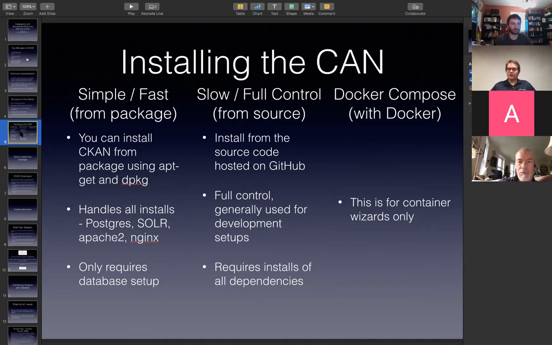And that's generally used for development setups. So when you're using something in development and not necessarily in strong production, or when you're testing things, I think it's best to go with the full control, and that requires just Git cloning. But it does require a little more technical knowledge because you're going to have to do all the installs of dependencies. And then you can definitely install it with Docker Compose, but I put this